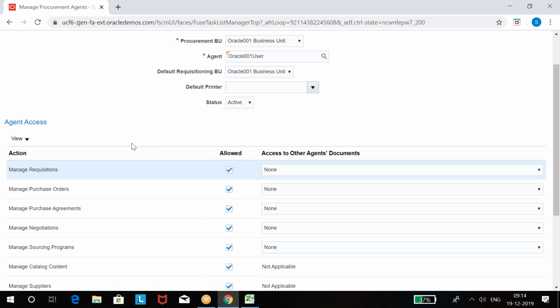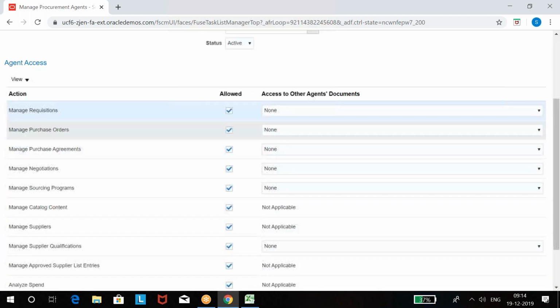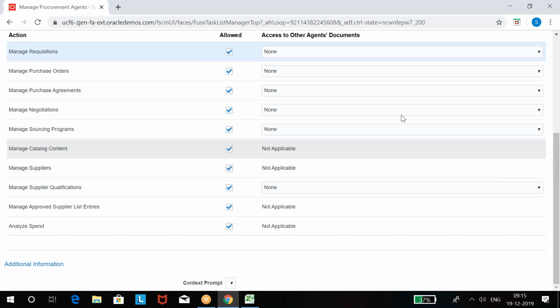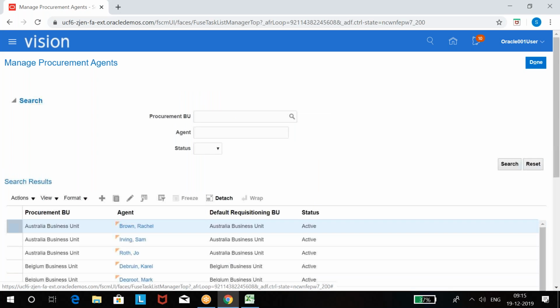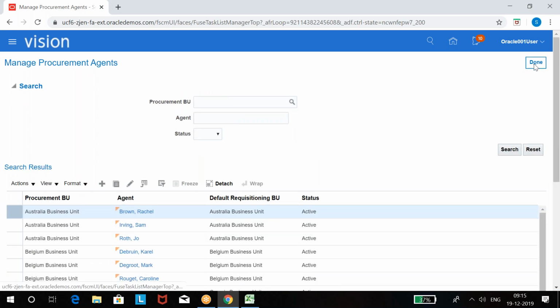Printer, we don't have any printer and I want this active. With this procurement agent in the procurement module, all these activities can be done with this username. Okay. Save and Close. Done. Procurement agent is created.